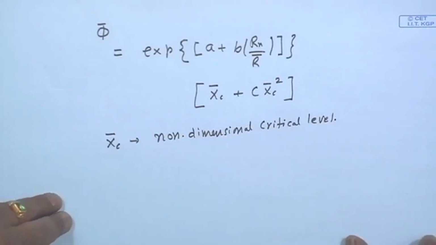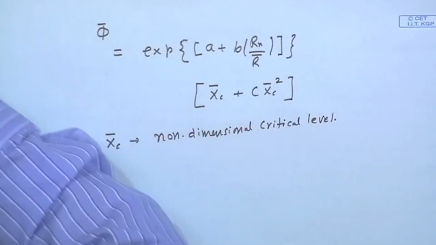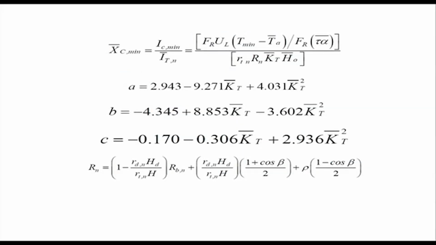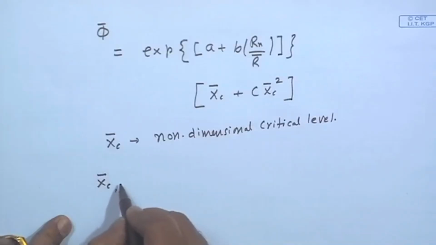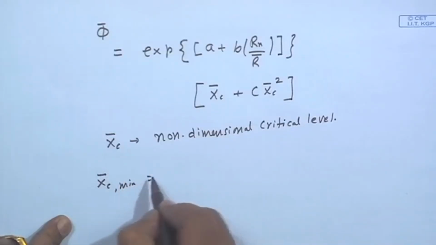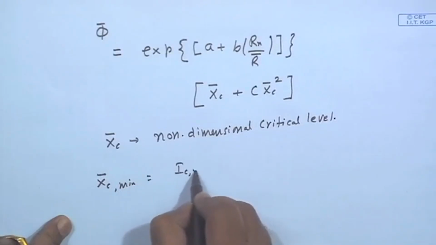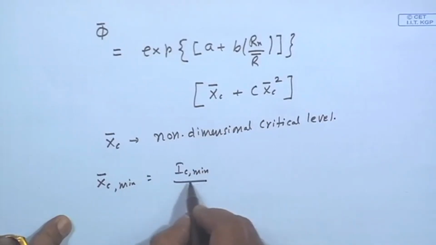A, B, C are defined in terms of the clearness index. And xc bar, which I will call minimum, I can write in terms of Ic minimum compared to I minimum,